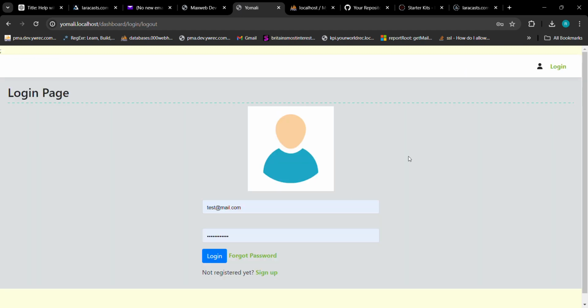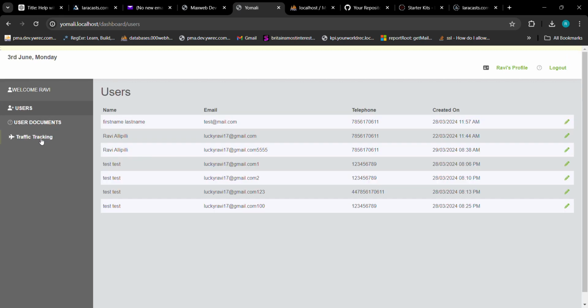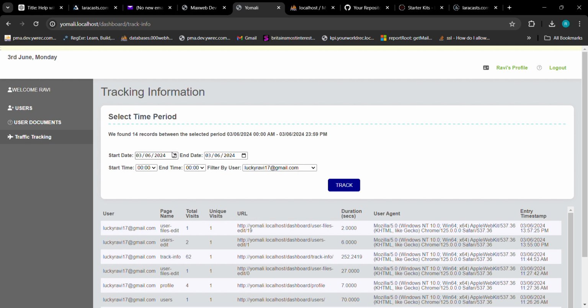Now the more time we spend on this page, we can track this for individual pages too, but yeah, that's an overall front-end view for this tracking system. I'm going to go back